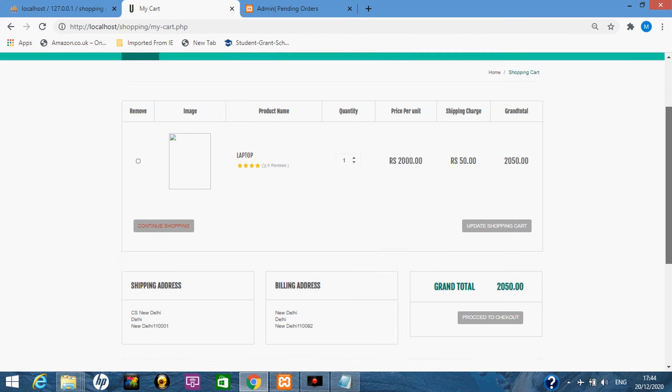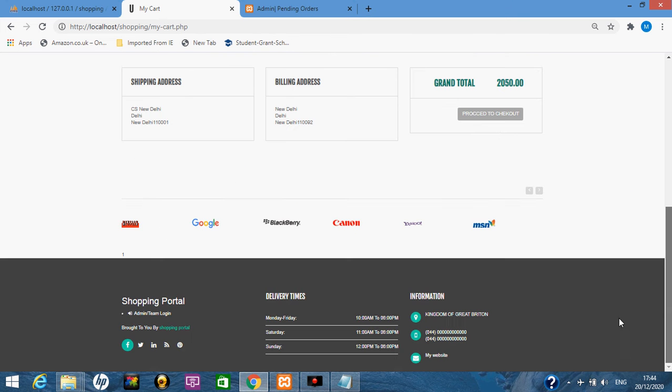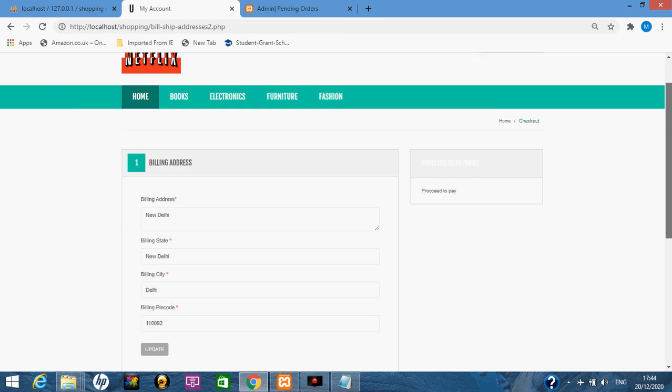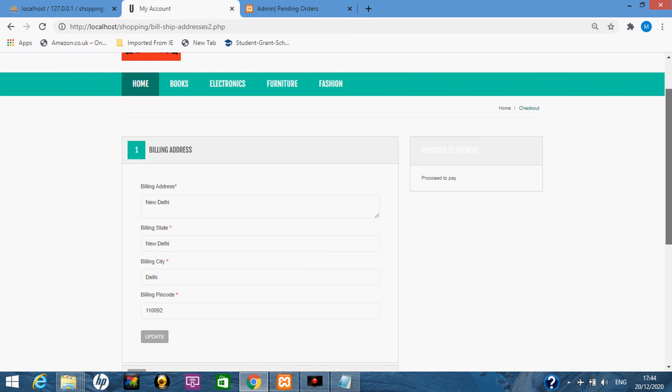I want to proceed to the checkout. This option is down there, so now I'm going to proceed to checkout. Now it is asking for the billing address. It is already filled in, but I can change it. Anyhow, I want to keep that address. I want to take the billing address as